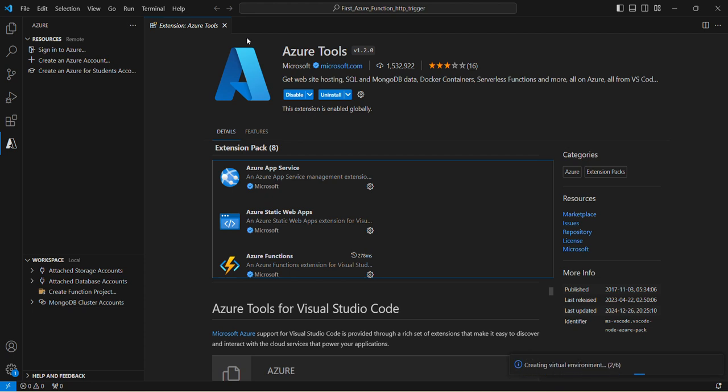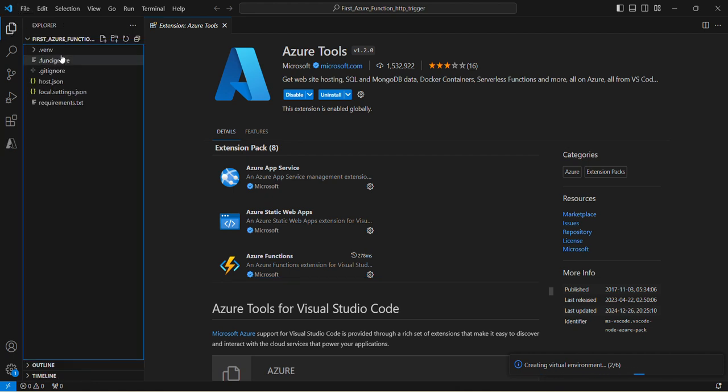And once this one is done, you are good to go. You can come here and you can see this is getting created now. All these things will get created, like this virtual environment folder has been created, and other files are getting created. You can see this process is going on. So let's wait a few minutes, and once it is created, we will be able to see